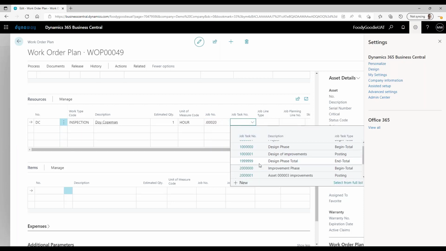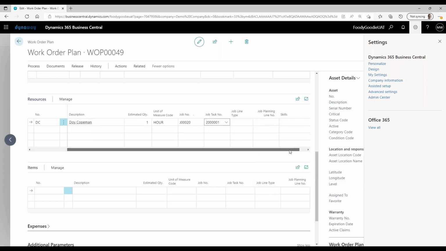I need to specify the job task, and either I can choose the job planning line number, or I don't need to choose it. If I will choose an already existing one, and then